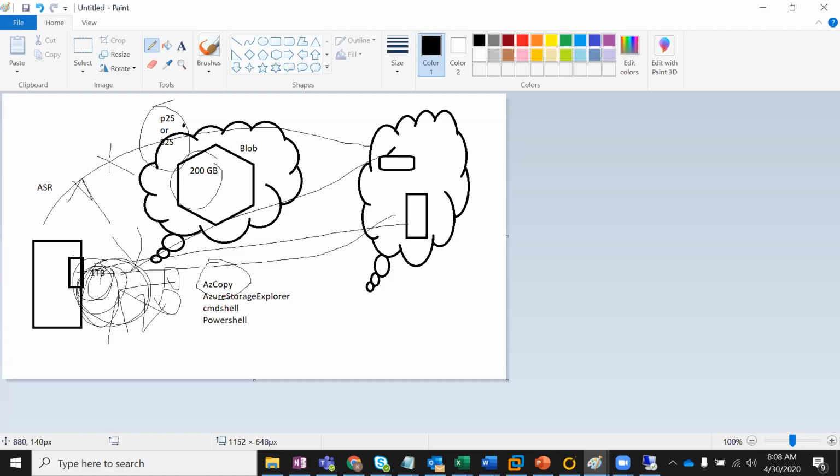It will depend upon the project you are involved in. But the best approach is moving the files to blob storage, and from there you can restore it to PaaS and IaaS. So moving from on-premises to blob storage and then to IaaS or PaaS is done with AzCopy, which is a tool basically.